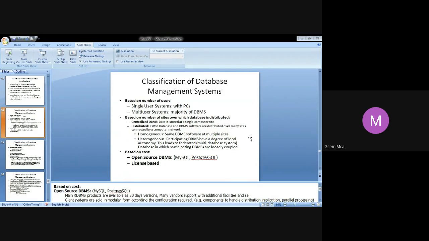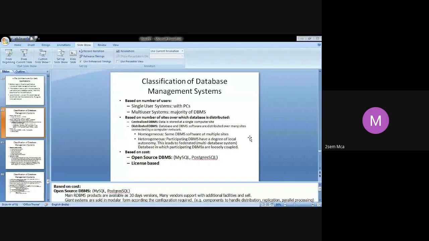The second criterion, as we are seeing here in the slide, is to classify DBMS based on the number of users which are supported by the system. I keep repeating some of the points so that if you have not listened or are not getting it, you can always listen again. So you can have DBMS which are single-user systems, and multi-user systems also. And then the third criterion is the number of sites on which the database is distributed.